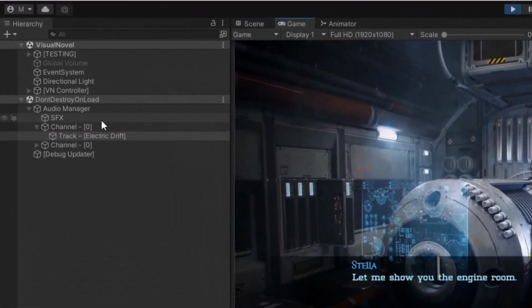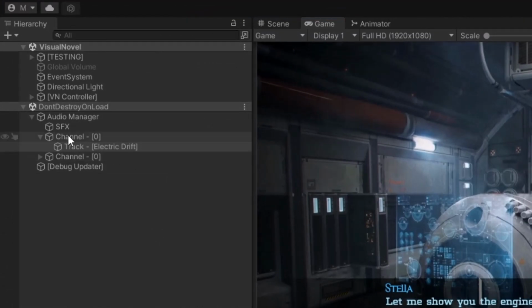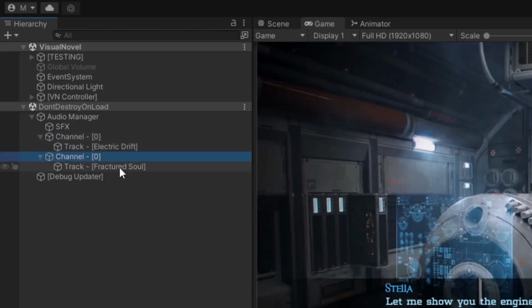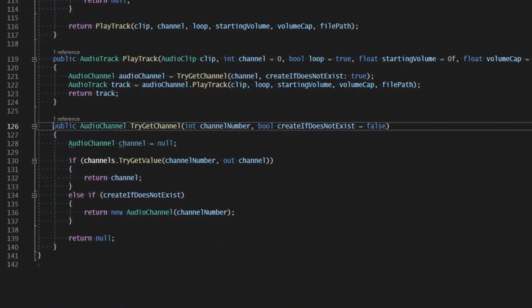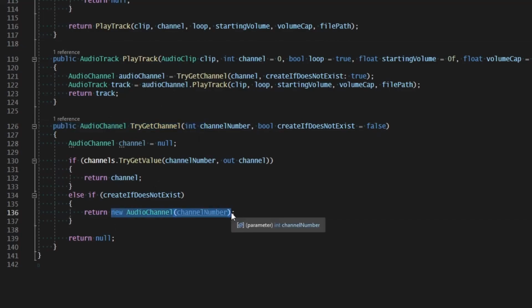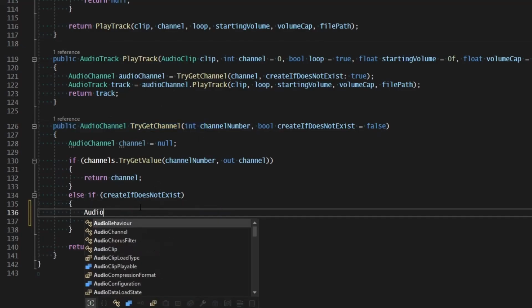Okay, so interesting issue to deal with here. We can see that we have 2 channels called 0 created, which tells me I didn't add the channel to the actual channels list when we created it. And that would really be a helpful thing to do. So in the audio manager, in the TryGetChannel function, let's go ahead and change this line. We're going to create audio channel,